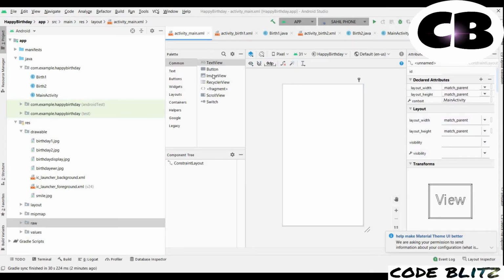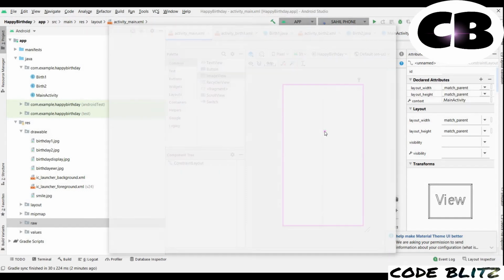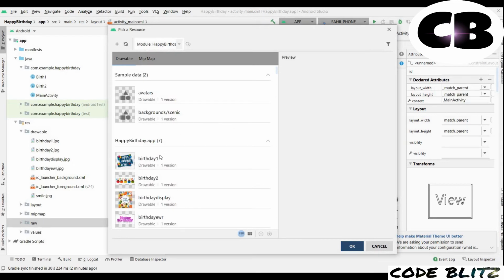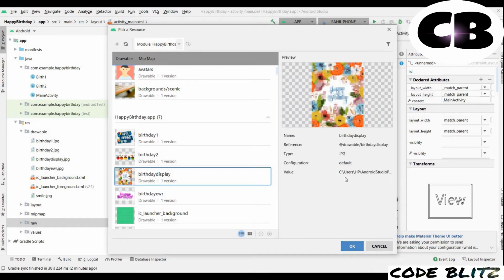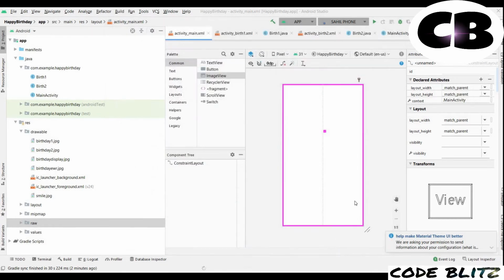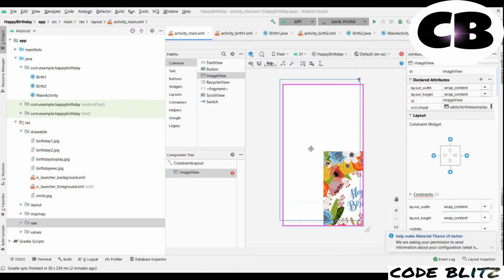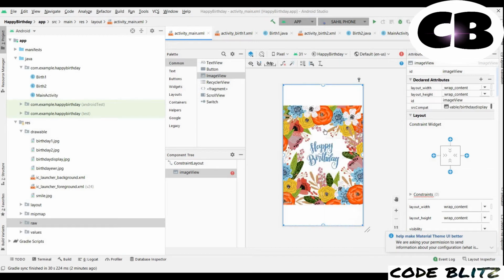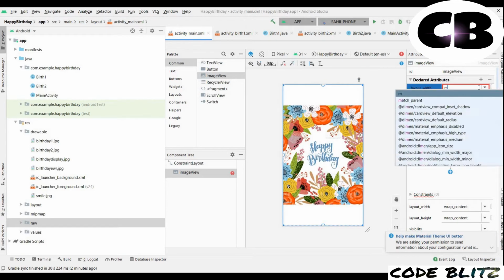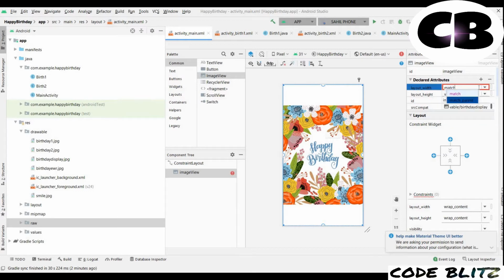Now I will drag here an image view, and I will select the image, that is birthday display. Let's drag it here and change the layout width to match parent, same with height, match parent.